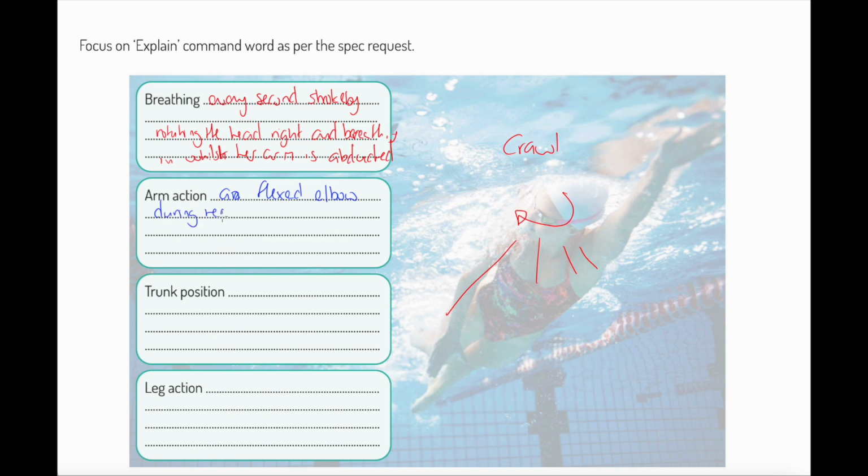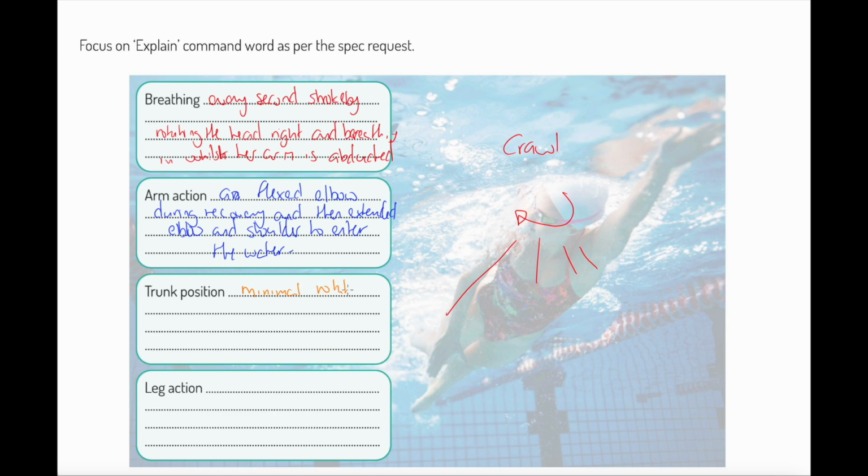Recovery is where it comes back out of the water, and then extended elbow and shoulder to enter the water. Now, the point I want to make here, folks, is I'm talking about what the actions actually are and in what sequence they occur in. Okay, going back to the point I made before, trunk position,